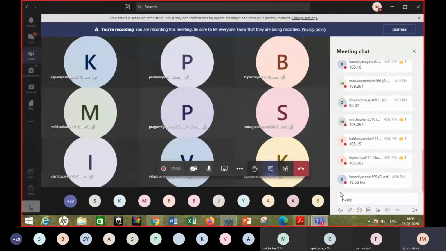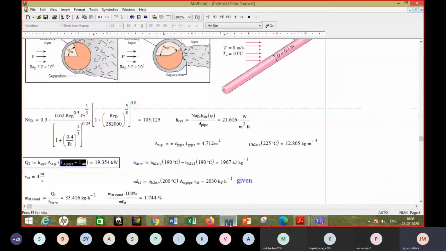Okay. So the loss rate is coming out to be 19.33 kilowatt. Yes, very close to that. 19.354 is what I am getting. If you get it somewhere around 19.3, it is fine. So that's the heat loss rate. Now, whether this should be called a high heat loss rate or low heat loss rate, as I had told